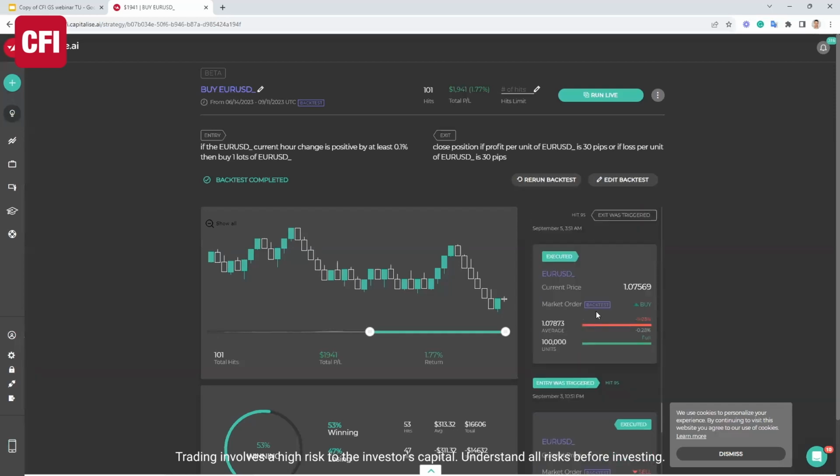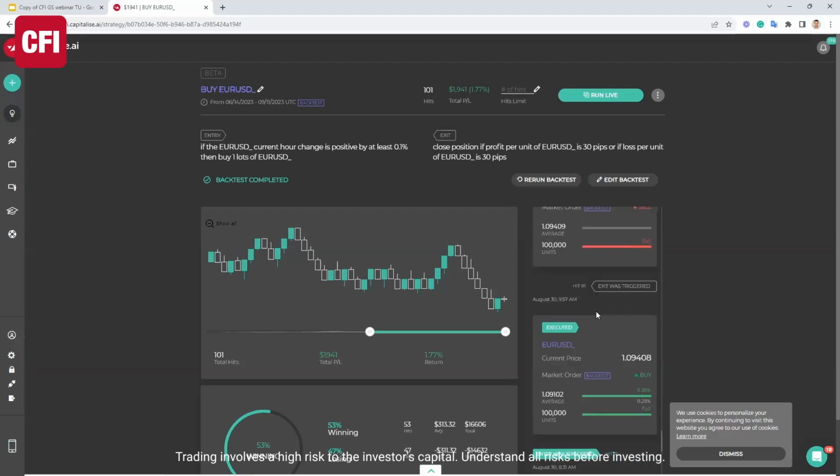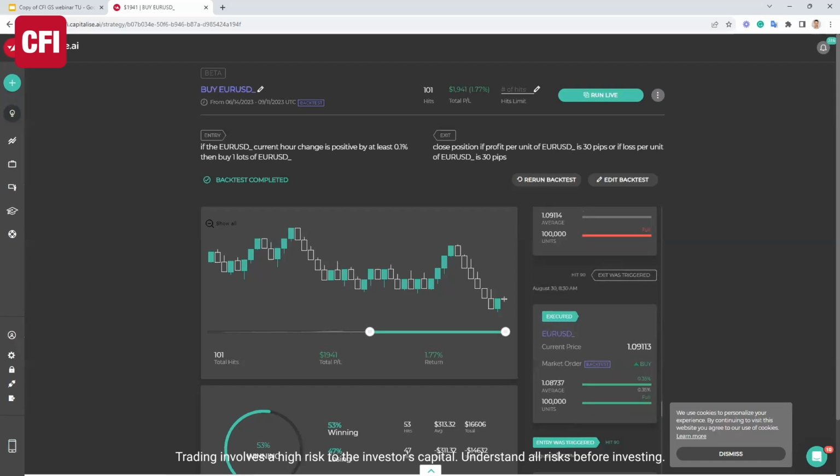So if we scroll down just a little bit, we're going to see hit 90's exit right about there. And just below that, hit 90's entry. So here, this would have entered on August 29, 1:22 p.m. I believe I'm on UTC. I'll show you where you can adjust your time zone in a little while. Executing at 1.08737. It would have exited less than a day later, 30 August, 8:30 a.m., executing at